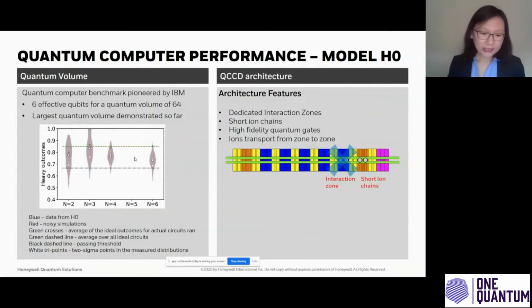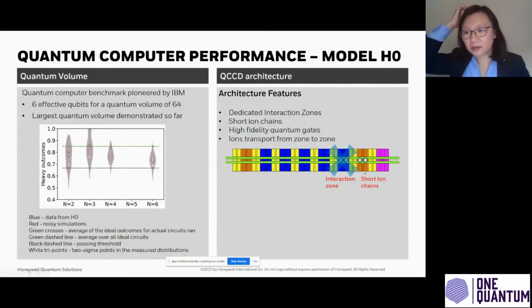And so the key enabler to our system being able to perform such high fidelity operations and get such high performance is this quantum CCD architecture. It has dedicated zones. So here's a schematic of our ion trap. You can see the ions sort of live on this rail, and different zones are color-coded. Those little boxes are trapped